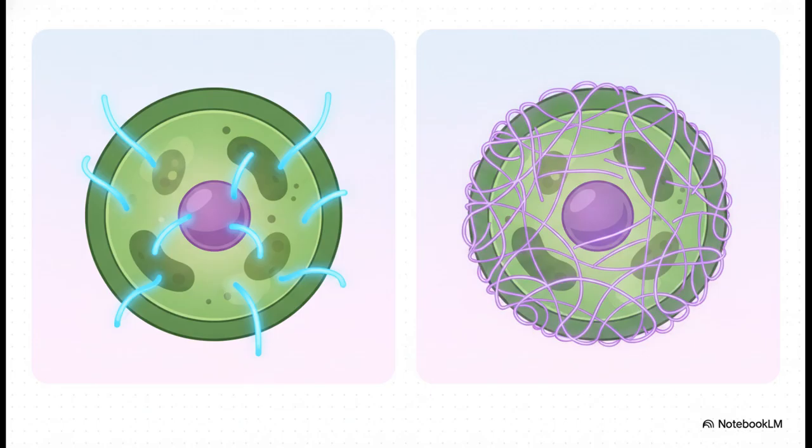In arbuscular mycorrhizal networks, the fungal hyphae literally penetrate right inside the plant cells themselves. It's incredibly intimate, and it's actually the most common type across land plants. Contrast that with ectomycorrhizal networks, where the hyphae just sort of thread their way around the plant cells without ever breaching the cell walls. And that type is super common in the dense tree canopies of northern hemisphere boreal and